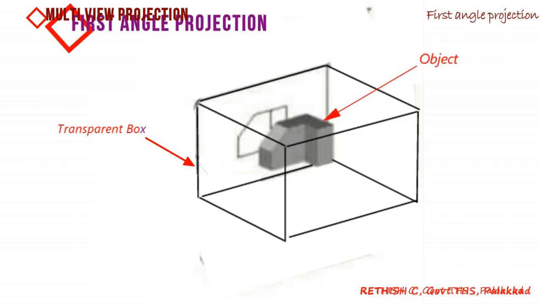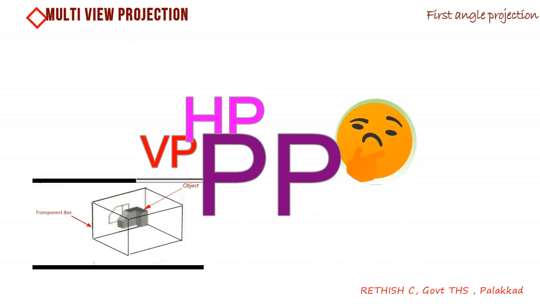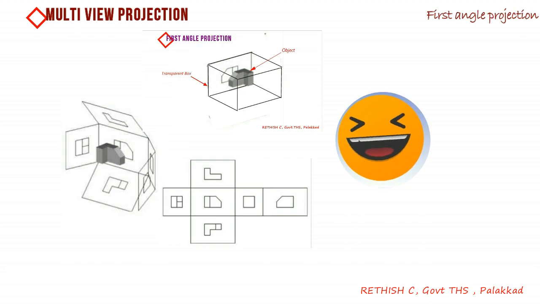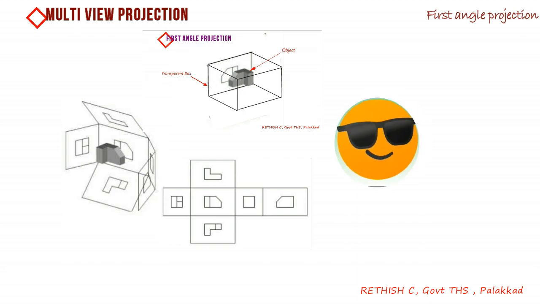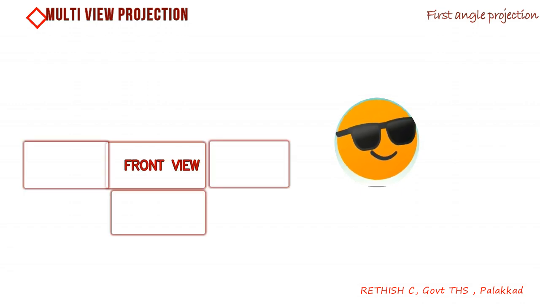Okay guys, until now we have discussed those things to understand what is actually happening behind a projection. But to draw a projection of a pictorial view, you don't want to think more about the VP, HP, PP or transparent box. We have explained those things just to understand what is actually happening behind the projection. Forget all the stuff we have studied, and you have to remember only a few steps, like